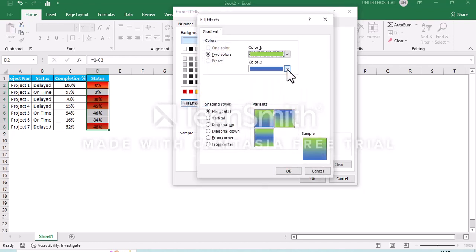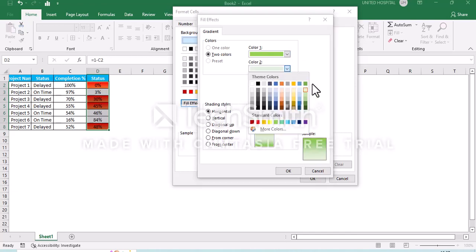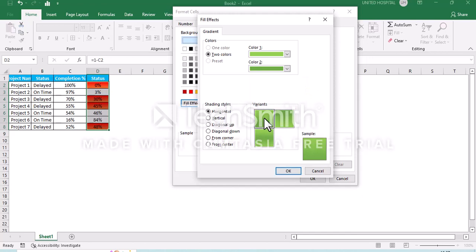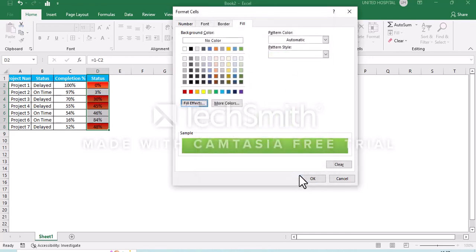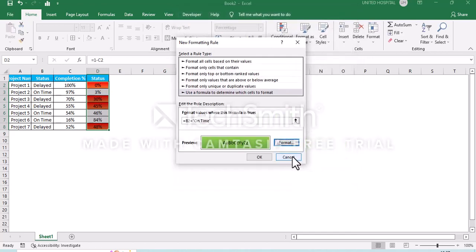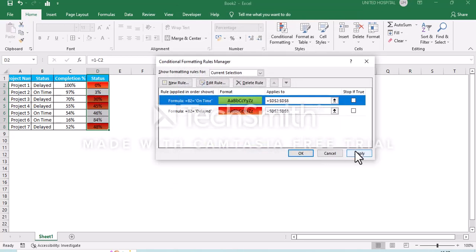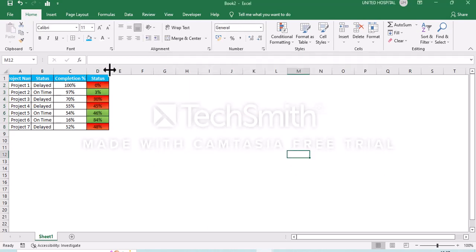Choose green color. This is according to your requirement; you can choose your colors. I'm using red and green over here. Okay, and apply it. If you see, the bar chart was created, but I don't want to see